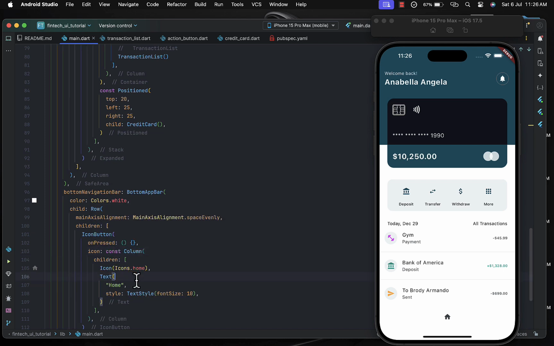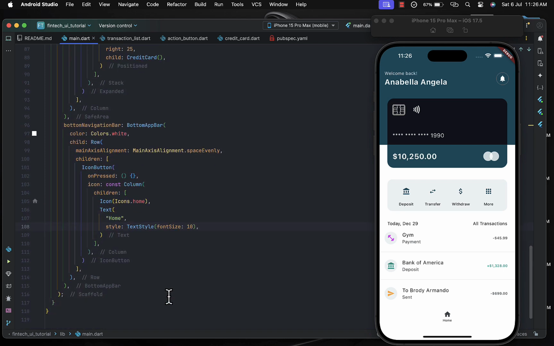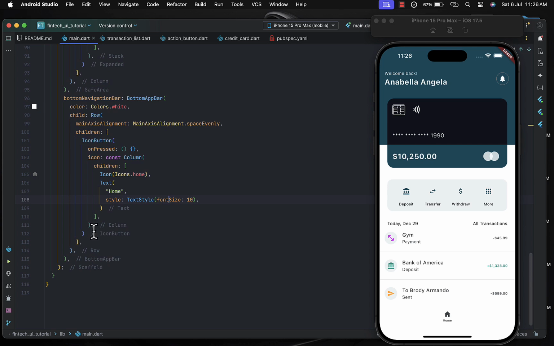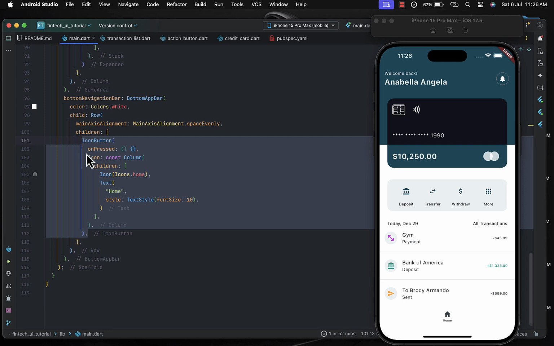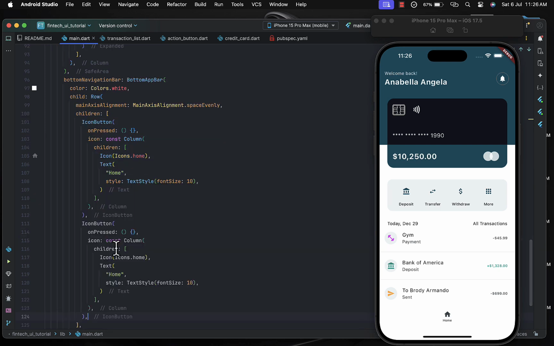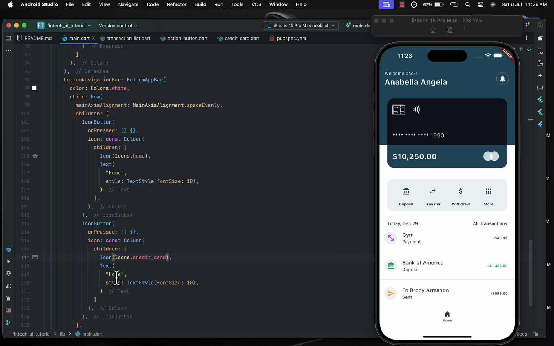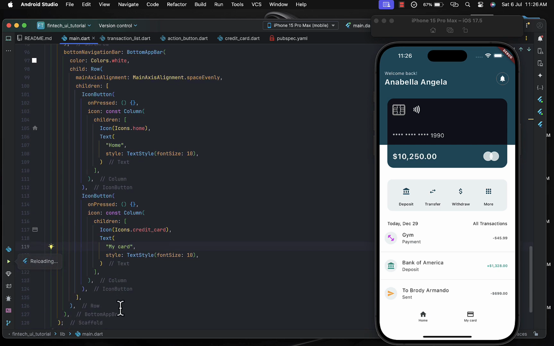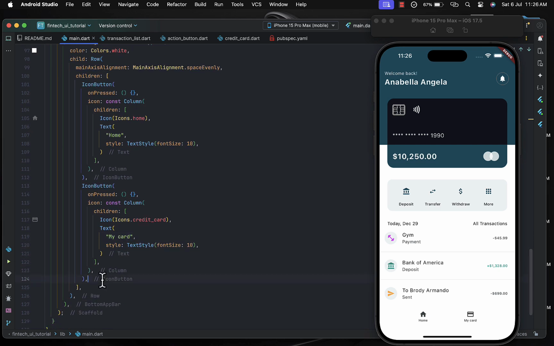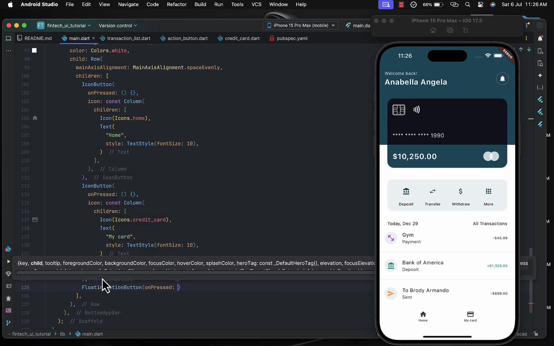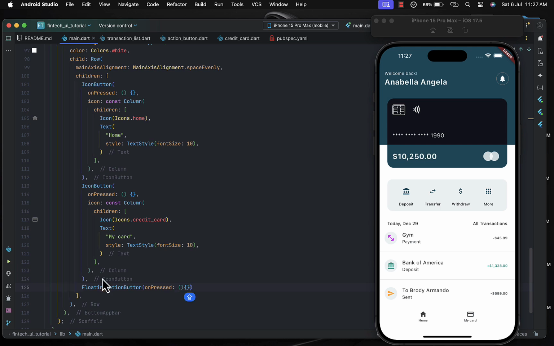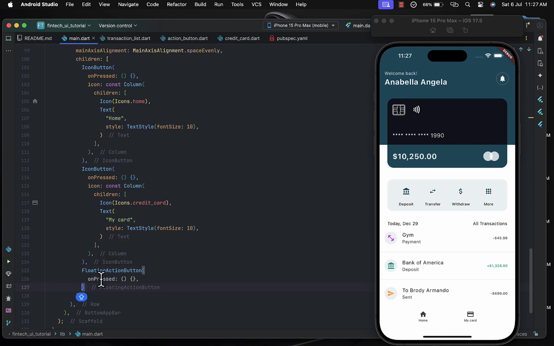So you actually need four of these icon buttons, right? So I'll copy this over here and repeat it 3 more times, changing in the icon and also the text as well, right? So the second one is going to be the credit card icon, and the text will be changed to be my card over here with the same font size value, right? So the middle over here is going to be a floating action button. That's going to be the custom button in the bottom navigation bar, right? So it comes with the onPressed and also